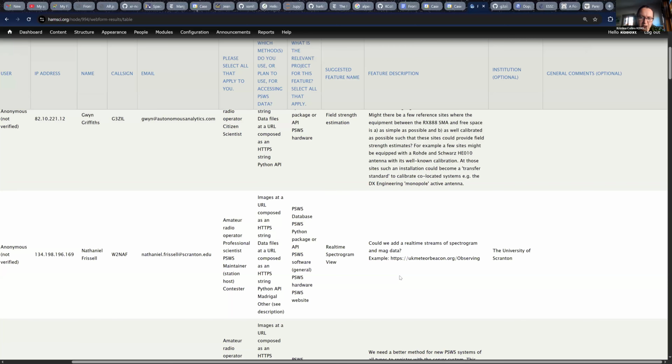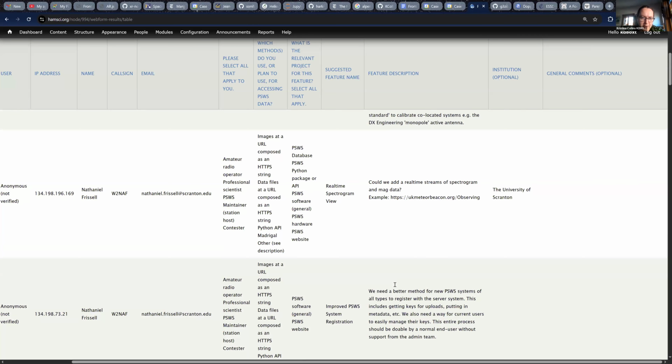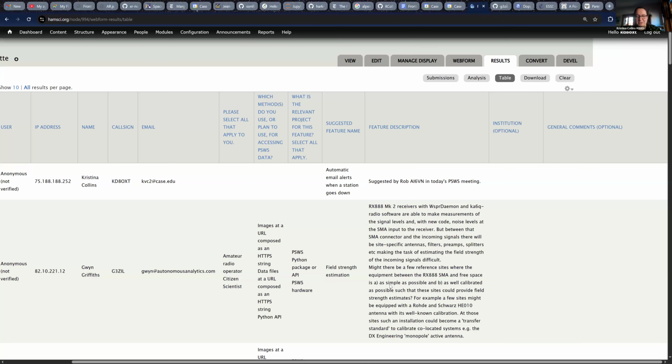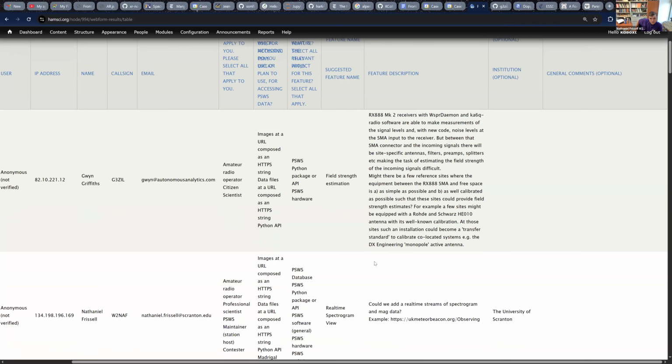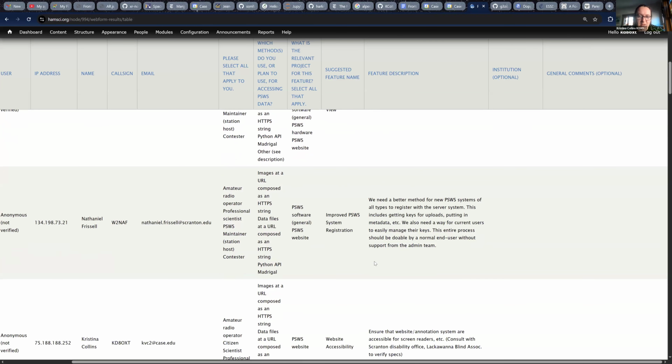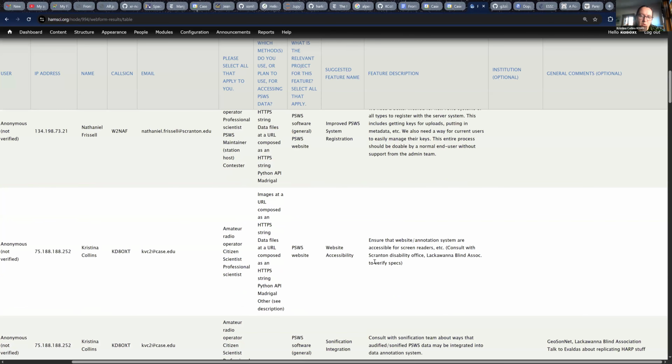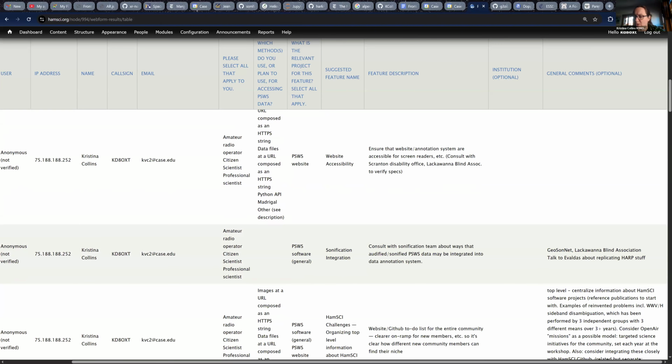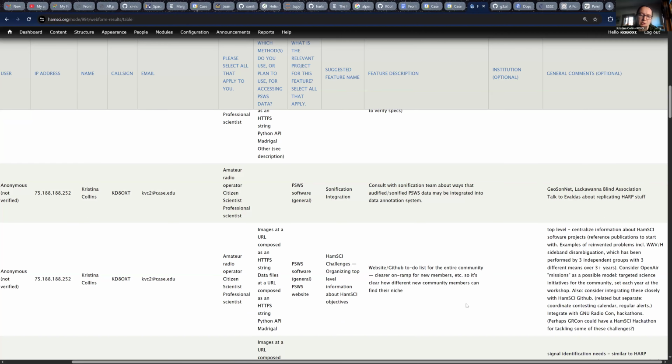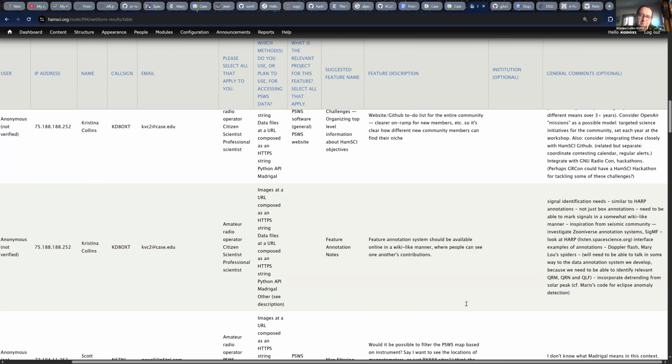Let me just share the tab here. I've been spending some time today trying to figure out the best way to pull this data, because you can download it in various formats. I'm happy to send that to anyone who wants a copy. But we have 30 responses. A lot of them are from us, which is fine. This has been sort of a collective notepad of things that we need to do. And so we're planning on meeting, I think you said tomorrow, Nathaniel, to talk about some of these issues in more detail. And my plan between today and tomorrow is to take these and figure out ways to